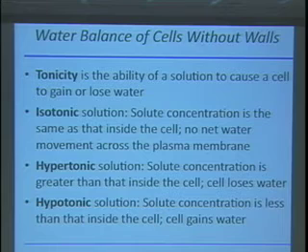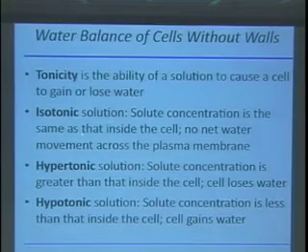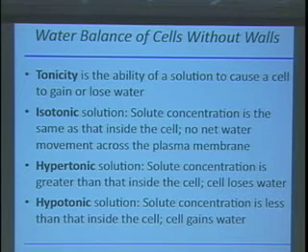And so these are just some definitions from your book. And probably most important is really just to know hypertonic and hypotonic, what those mean. But we can start out with tonicity. This is the ability of a solution to cause a cell to gain or lose water, right? So you can think of it like this: the higher the concentration of salts and solutes present in that solution, the more it's going to tend to draw water out of a cell, right, if it's sitting on the outside, for example. If we have an isotonic solution, this means that the salt concentration is effectively the same as